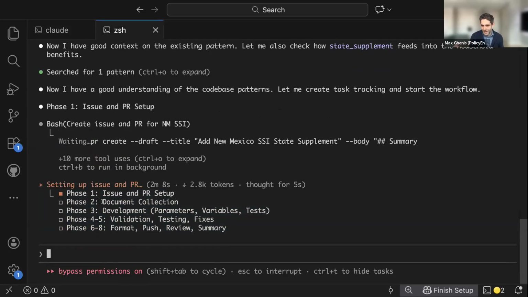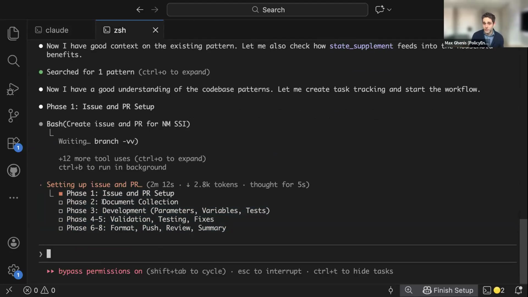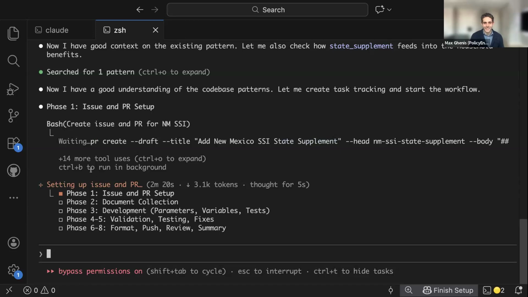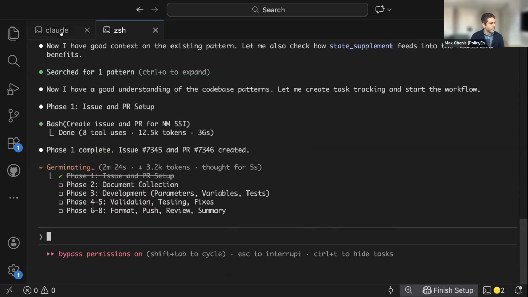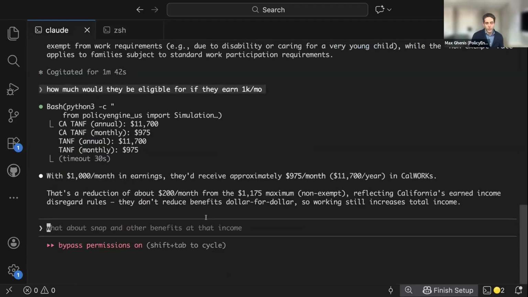Before I go back to the slides, I'm curious if, yeah, any questions on this approach, if folks have used tools like Claude Code before, or if this is totally sort of foreign so far. Okay. Well, I'm just going to try one more thing, and we'll come back to this as well. This will take a little longer, but I'm actually going to an event tomorrow on benefit cliffs. So we're going to see if it can also calculate how big is the cliff.